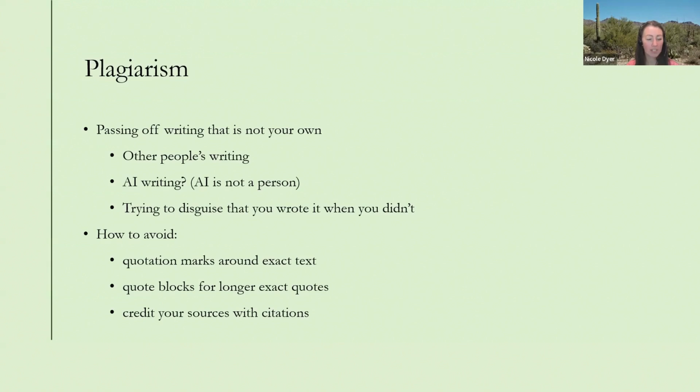So the tip that I wanted to give is about plagiarism and copyright. First I'm just going to talk about definitions of each one and then how to avoid them. For plagiarism, of course, we do want to avoid doing that, because the definition of that is passing off writing that is not your own. And I deliberately didn't put